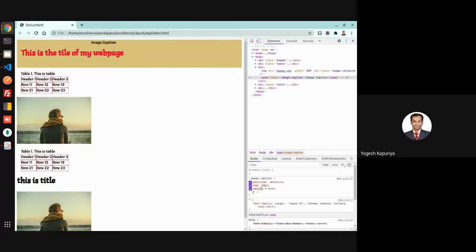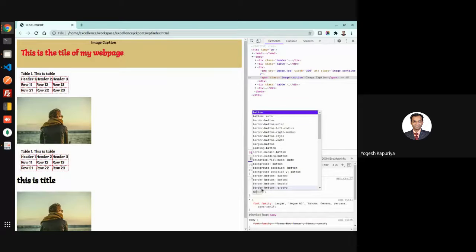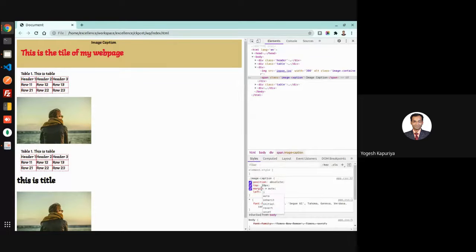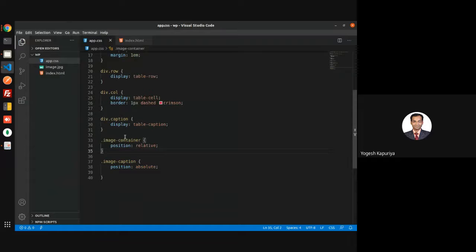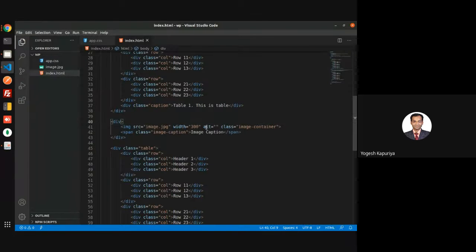So I think we were correct actually when we had done this. So this is not an image container. This is not the parent, it's a sibling.